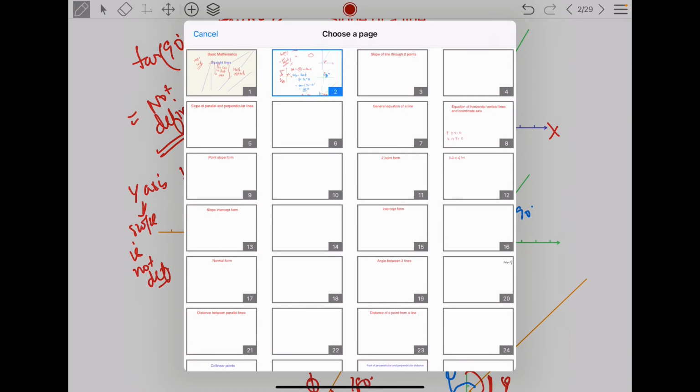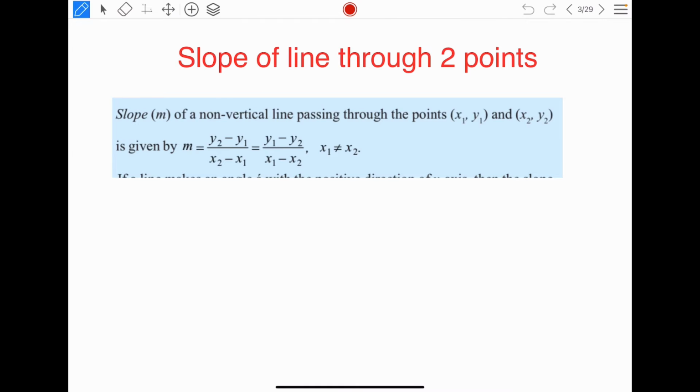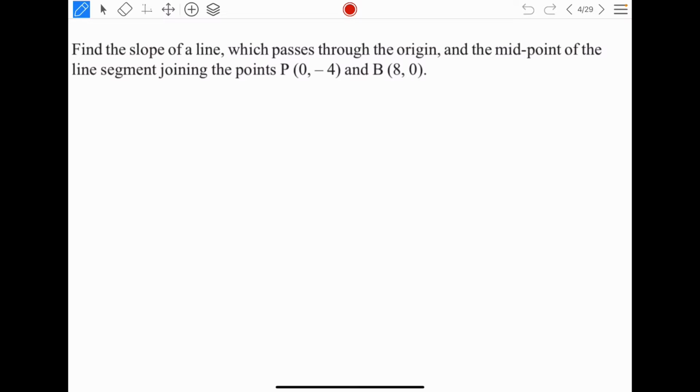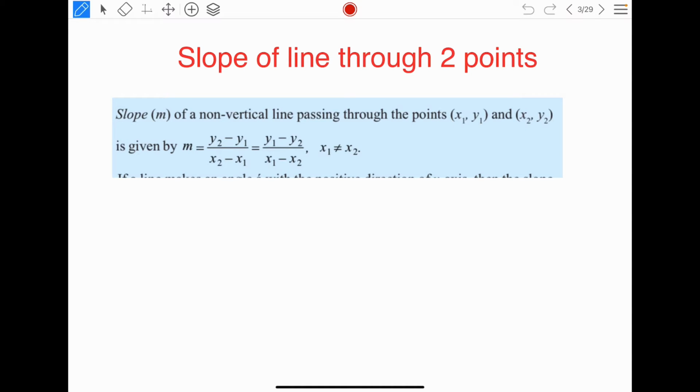So that was the first concept, slope of a line. Now the next part, slope of a line through 2 points. Whenever you have to find the slope of a line through 2 points, suppose I have a line here. The first form we did was slope of a line through 1 point, that was tan theta, the angle with the x-axis. There is another way to find that as well, which we will do after we learn the equations of lines. Now suppose there is a line which is passing through points P, (x1, y1), and point Q, (x2, y2).